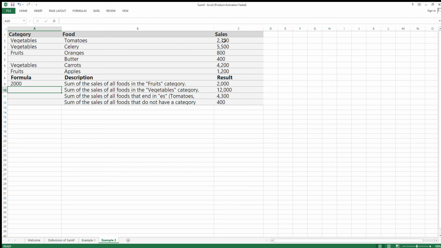Then again, next question: if we didn't write it properly, say FRU, you can see that the value will come 0, because nothing is matching from the category, that's why nothing got added.